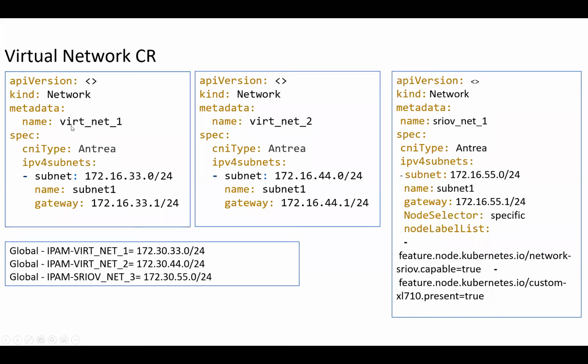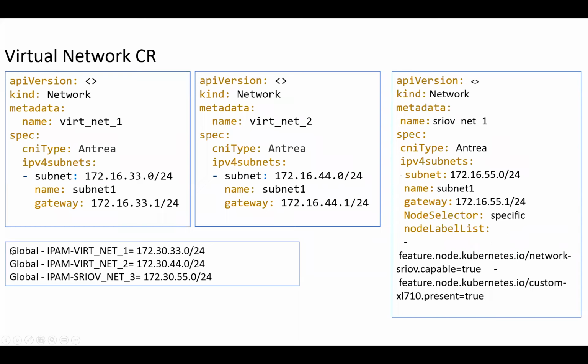We define virtual network 1, virtual network 2, and in this flow you can even use an SRIOV interface itself, if the platform where the CNF is running supports SRIOV. We have a CRD defined for the SRIOV use case as well. From the Antrea point of view, it is another network interface for us.